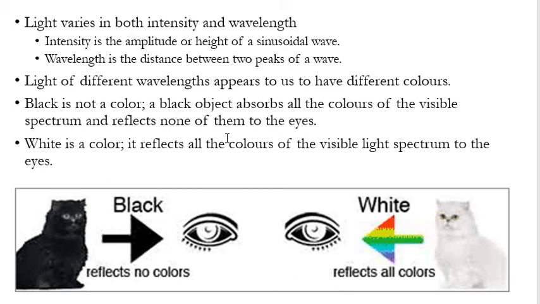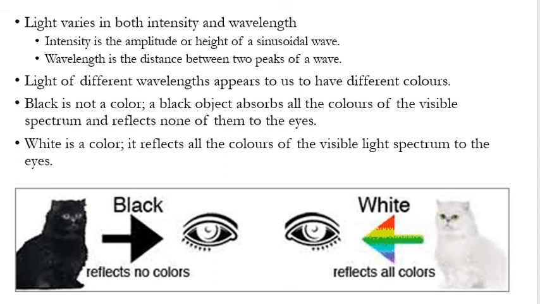Especially if you're an artist, you know that if you mix up several pigments, you collectively make a darker color, as it will absorb most of the colors. It will then reflect none to the eye. And if mixed in appropriate proportions,